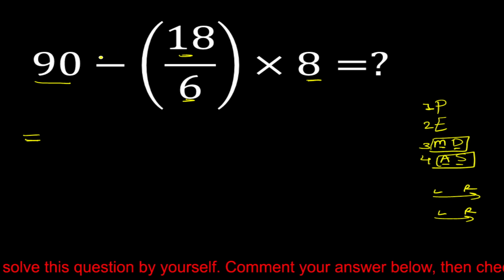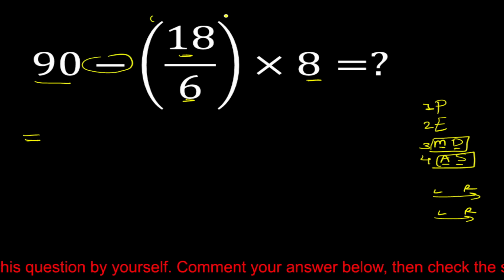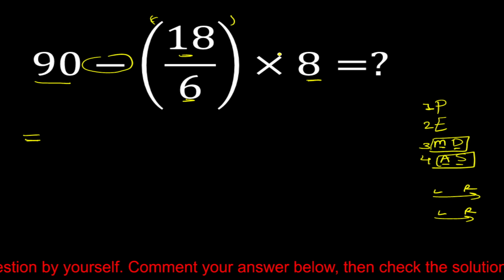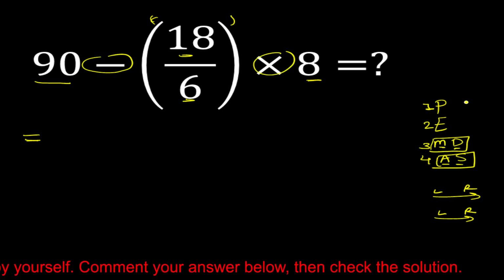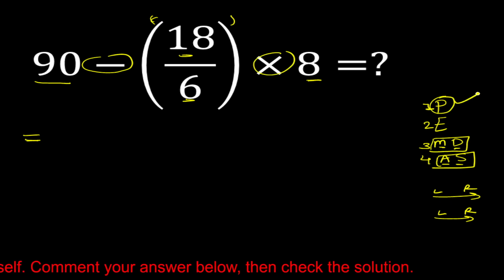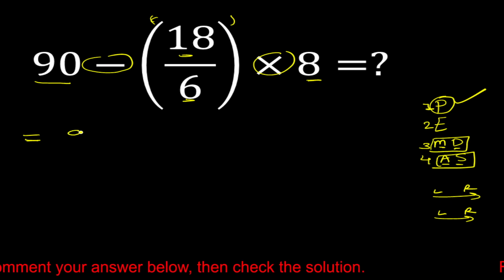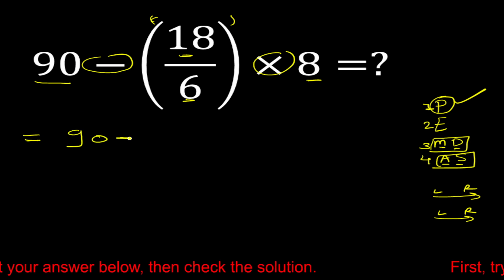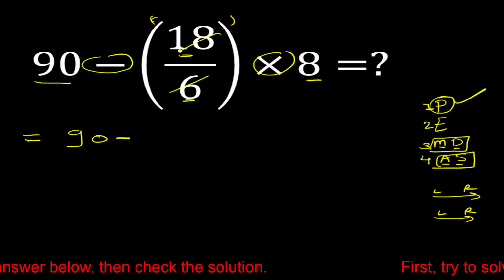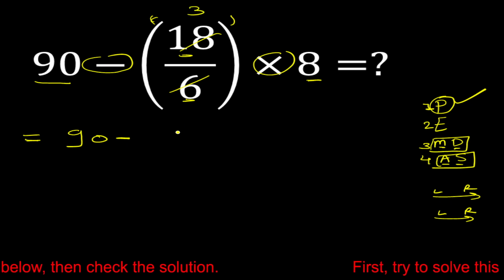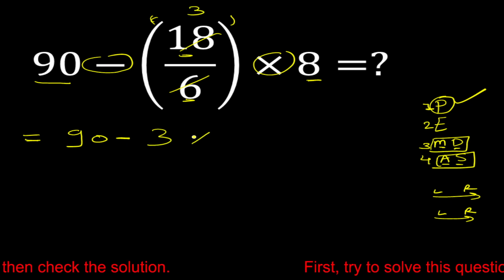So in this question, here is one subtraction, here is one parenthesis, and here is one multiplication. So according to PEMDAS rule, first we have to solve parenthesis, okay? So is equal to 90 minus, now solve this parenthesis, 18 divided by 6 is equal to 3. So minus 3 multiplied by 8